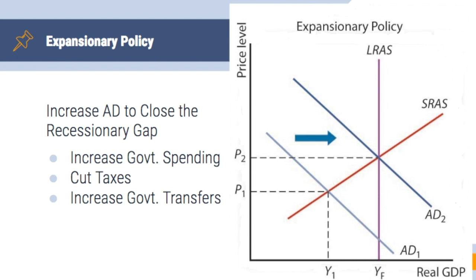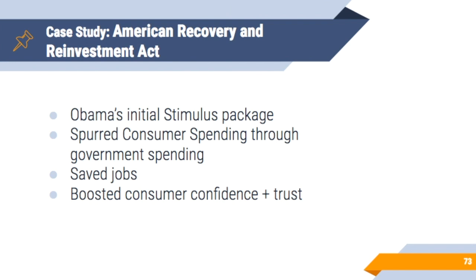Keep in mind, these policies directly affect the AD curve, so don't mess up on the AP exam and shift the AS curve. Now, when has this happened before? Let's look at the American Recovery and Reinvestment Act. It was President Obama's first economic stimulus package. $787 billion was granted for this plan in February